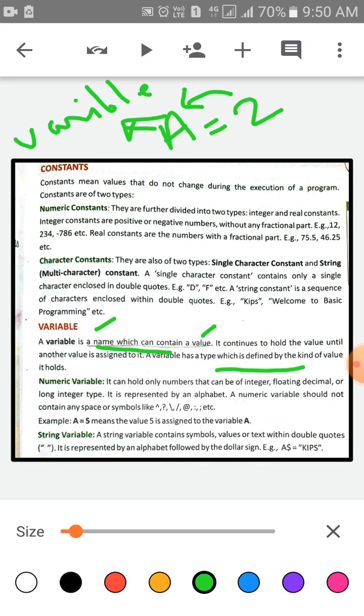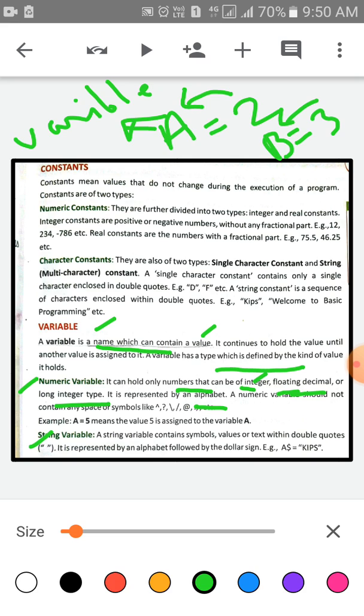Now again it is divided into two parts: numeric and string variable. A numeric variable, as you know, can hold only numbers. That can be integer, floating, decimal or long integer. It is represented by an alphabet. Suppose b is the variable, we are assigning the value 3 to variable b.